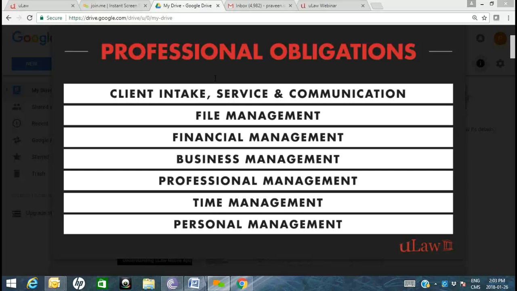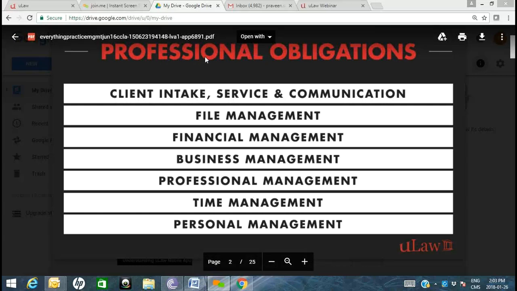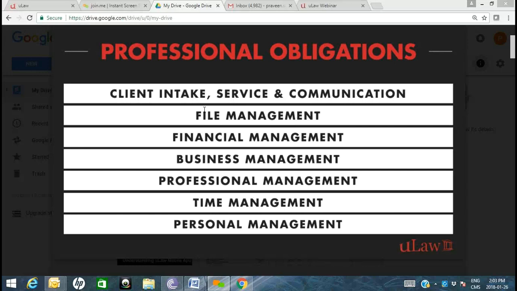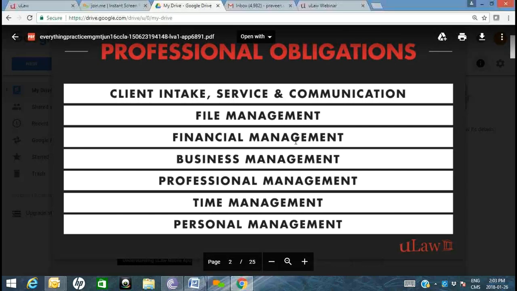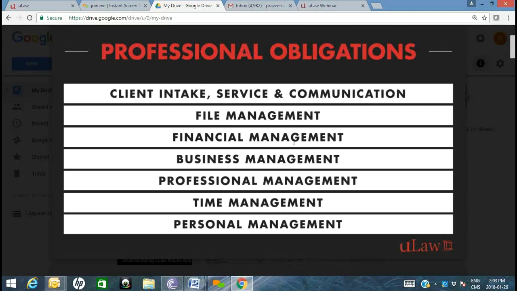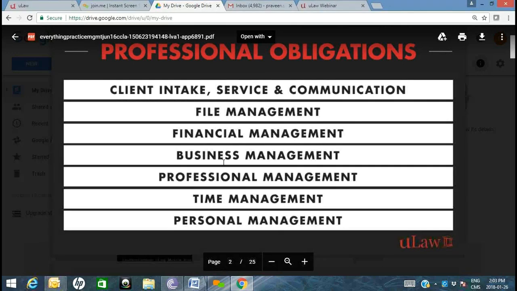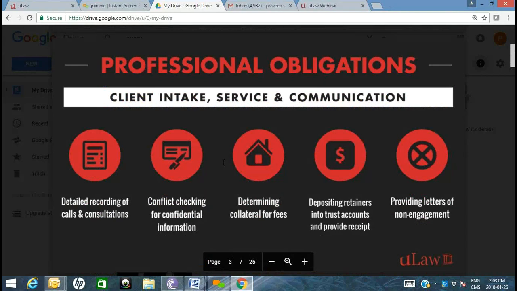So we'll look at each of these areas and talk a little more about what's entailed in delivering these requirements. We'll start with client intake, service, and communication, and go one step at a time across the 7 different obligations we've broken it down into. Client intake, service, and communication is almost a fundamental step as you, the legal professional, invite and serve your customer. It's almost your first step of interacting with that customer, whether it's a prospective client, like a ghost client, or a real client who is actually retaining you or willing to pay you for your service. If you further break down the obligations and areas of focus within client intake and communication,